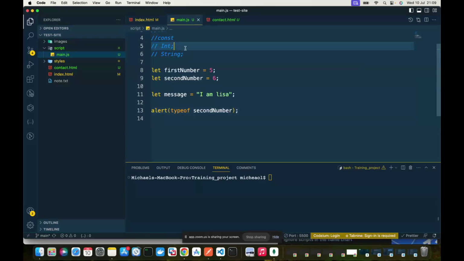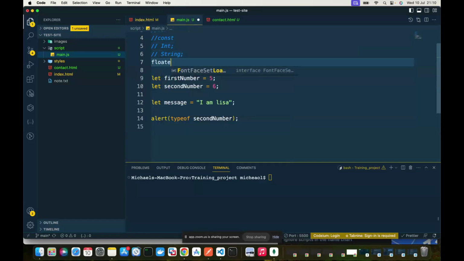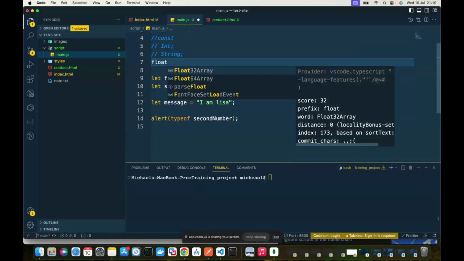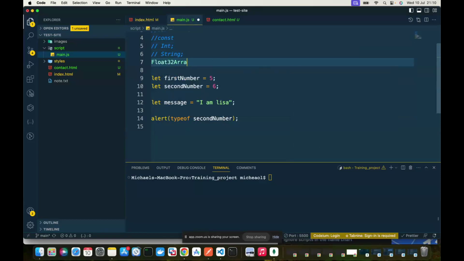So if you see int, you are talking about number. You have another one which is float. Float is like 1.2, 1.3, 1.4. Those are float.